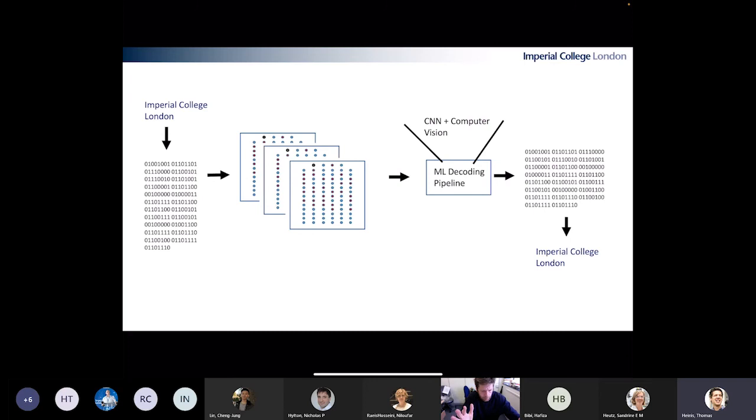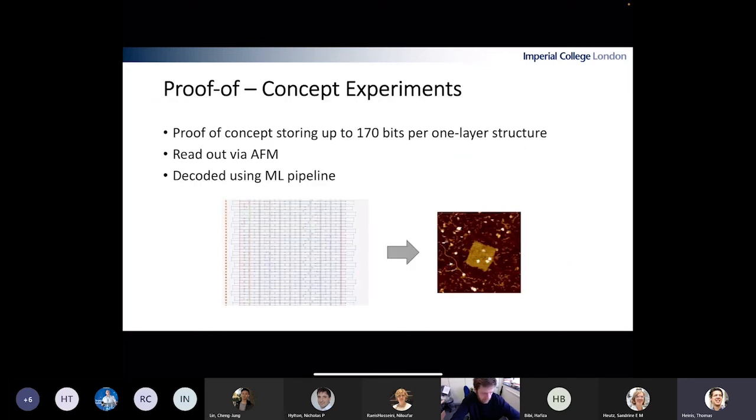But what we're doing at the moment is we're trying to store Imperial College. Apologies to anyone who is not working at Imperial, but we're trying to store something like that on a couple of these nanostructures and read it back. Fundamentally, it's been shown that it works with simple experiments. I can maybe show this right here. This is our proof of concept